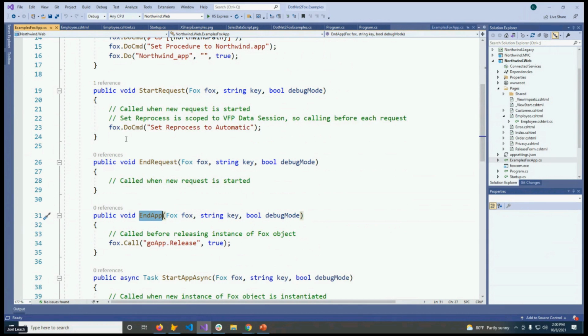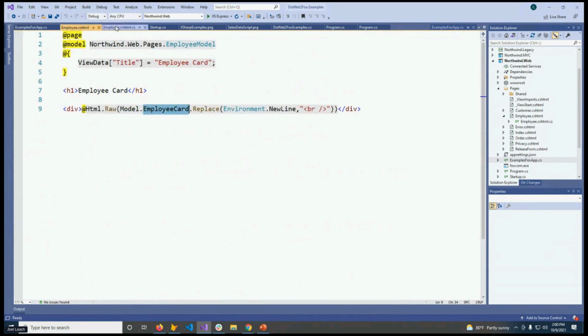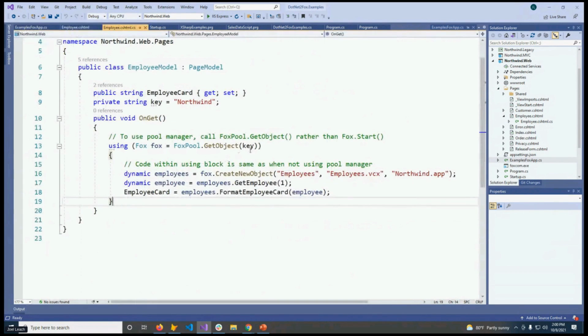So going back to that code again here, let's talk about this key parameter. This is a required parameter when you're using the pool manager. And it could be used as a tenant ID. It basically provides a named instance of your Fox object. So one way you could use that, as I just said, is as a tenant ID for multi-tenant scenarios. And then maybe your FoxPro app translates that to a data path or a connection string, somehow pointing at the